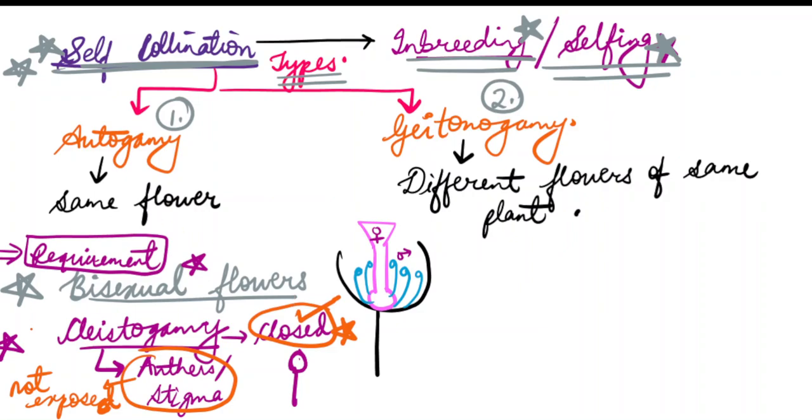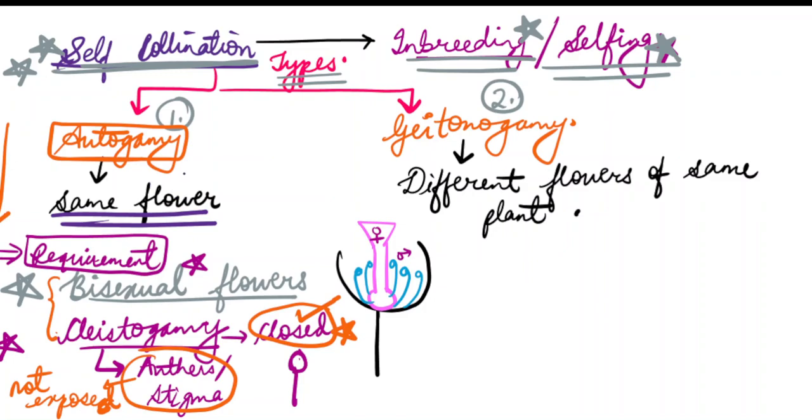Okay, so these are the basic two requirements for self pollination to occur. And specifically, you can say that bisexual and cleistogamous is for autogamy. I have written it in this place only, this is the criteria for autogamy. Now in autogamy, since the sexual reproduction is occurring in the same plant,